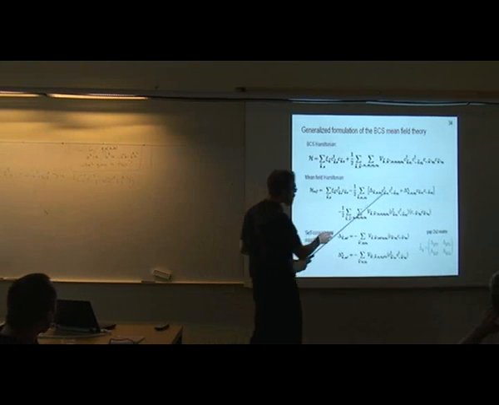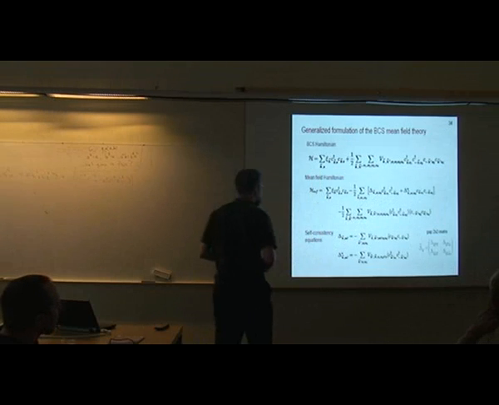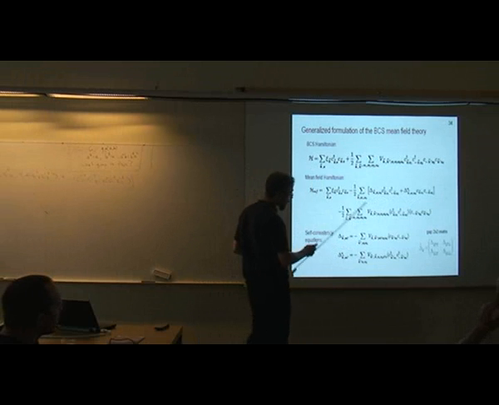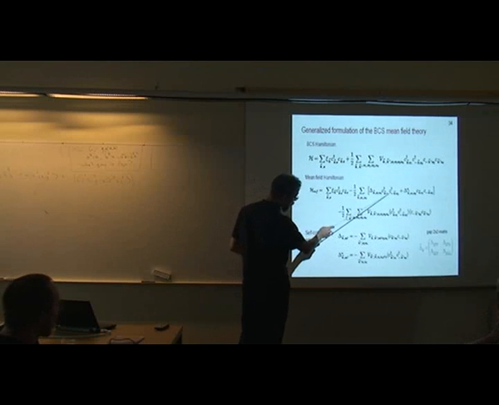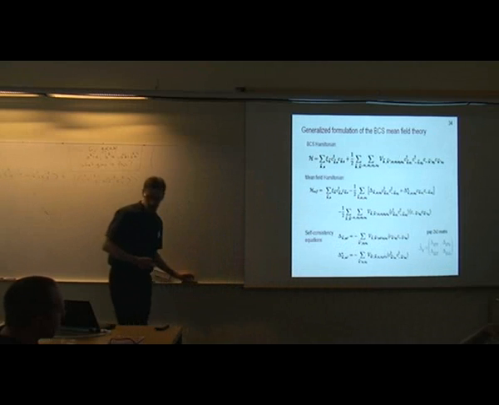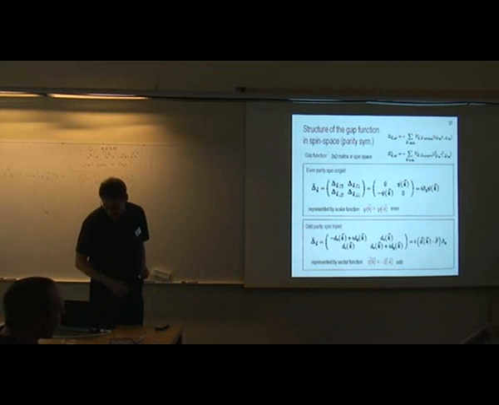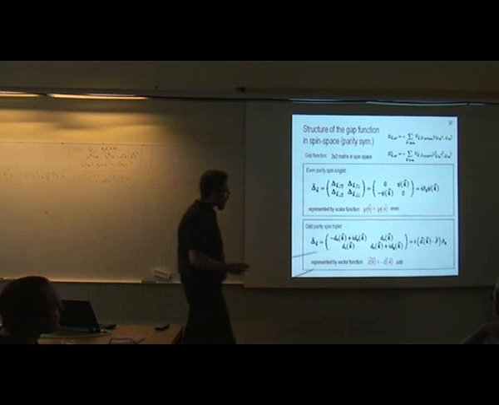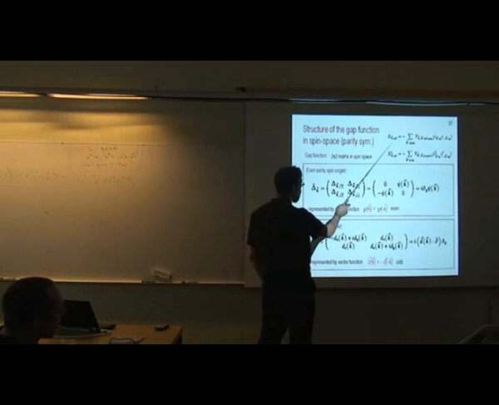The point is now that we have something that we can solve exactly because it's quadratic in the fermion operators. And what's going to be of interest for us then in particular is the self-consistency equation. You can solve this Hamiltonian exactly, you can find out what this expectation value is, and then this is going to depend itself on delta, and so we'll have a self-consistency relationship for delta. Right. But now that we have the mean field theory, I want to say one more thing before I go on. So this is our gap equation, and the important thing is that